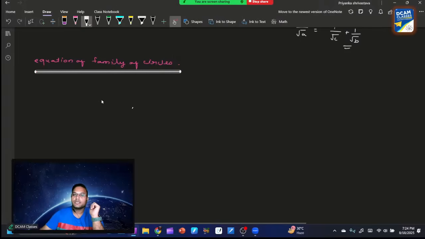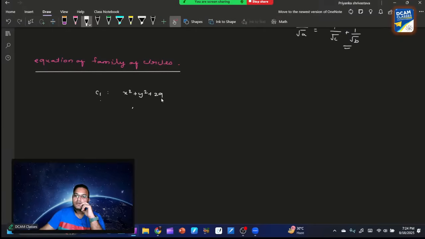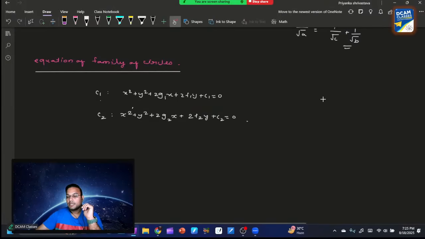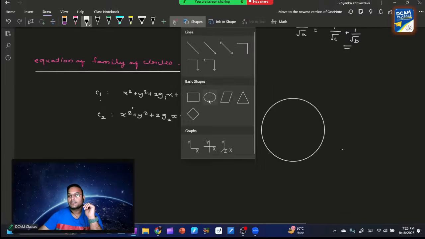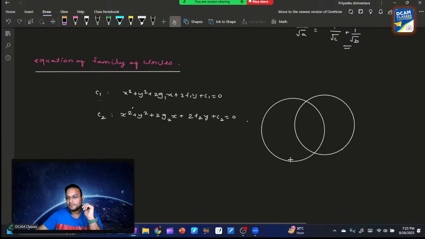When you have two circles, C1, which is x square plus y square plus 2g1x plus 2f1y plus c1 is equal to 0, and C2, which is x square plus y square plus 2g2x plus 2f2y plus c2 is equal to 0, and if they want the equation of all the circles which are passing through the point of intersection of the two circles,